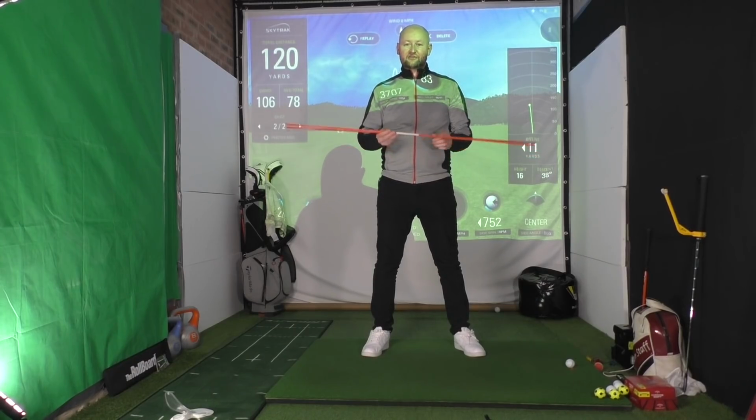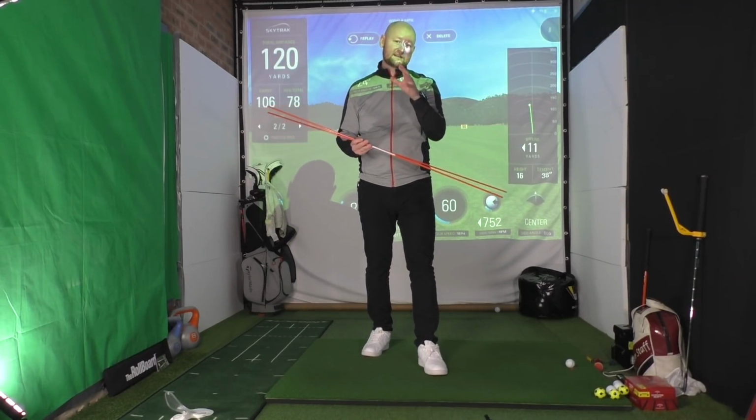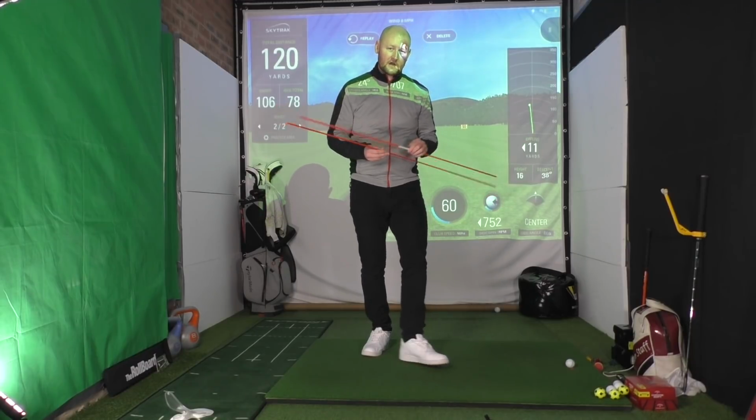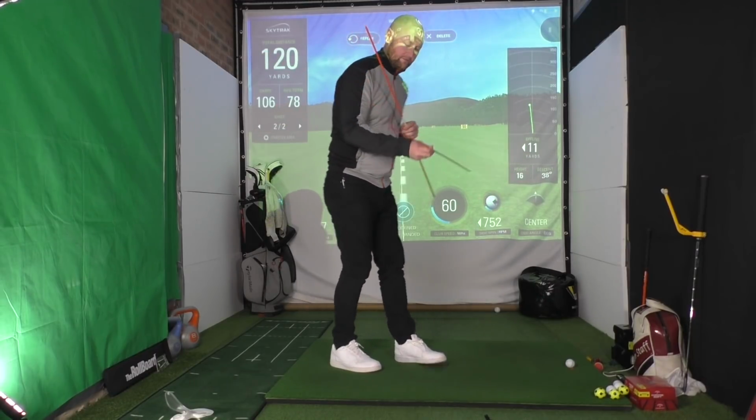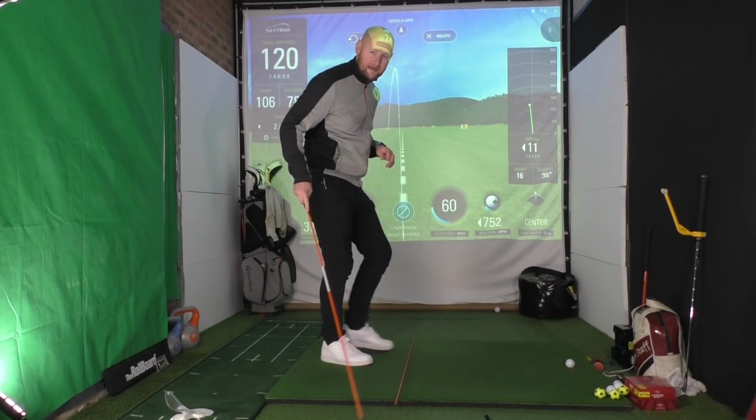Okay, so your posture drill. If you've got 2 alignment canes, that would massively help. If not, you can still use a golf club for this. So first things first, you won't be able to use a golf club for this bit, but what we're going to do is place one down on the floor, and this is going to help us with our balance points,